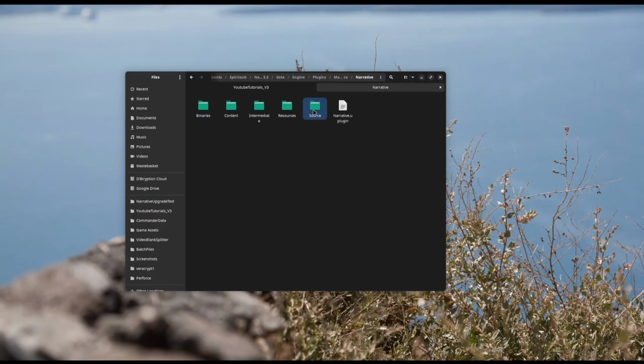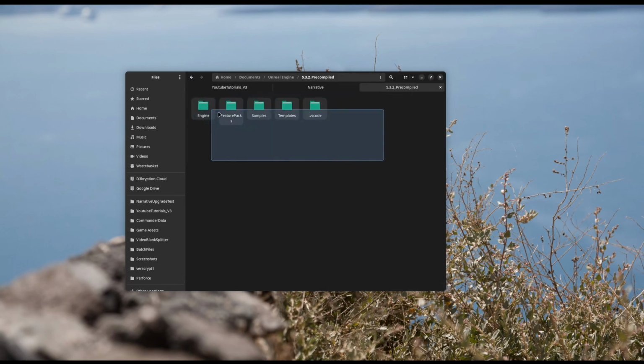So now that we've made some C++ changes here, we actually need to recompile the plugin. Now there are several ways to do this. If you've got a C++ project, you can just drag it in and it will work. However, I like to just do it outside of it, so I'm in full control of it. So what I'm going to do is I'm actually going to open a terminal inside my Unreal installation. So if you find where you've installed Unreal, so for me, I have this pre-compiled 3.2 version, and I'm going